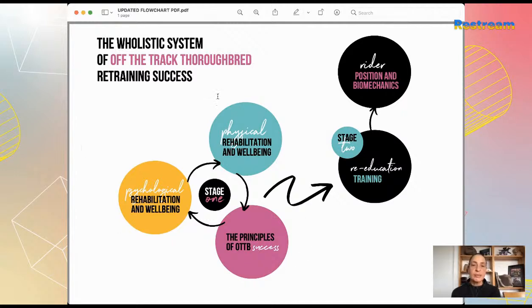We've got stage 1. It's all to do with spelling your horse, being aware that they've come from a completely different industry than what they're entering into in life after racing, whether it be pleasure or equestrian, and being aware that this is going to take time and rehabilitation to have them be in optimal health mentally and physically to enter into the retraining